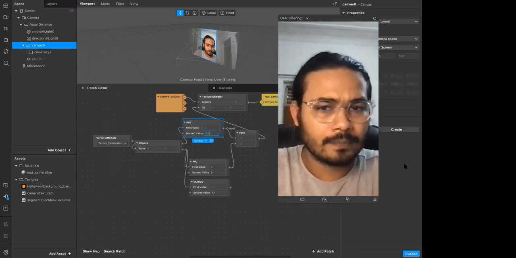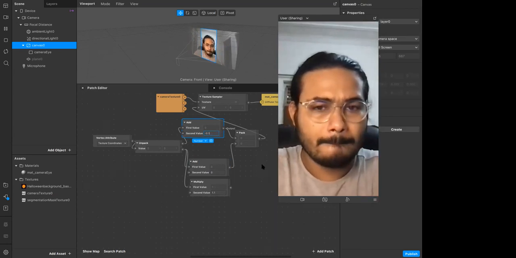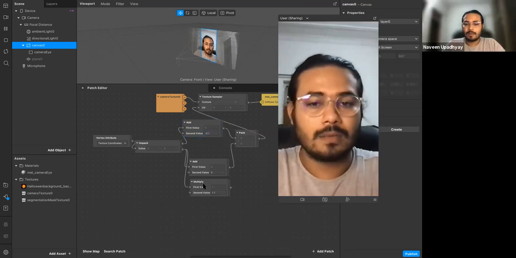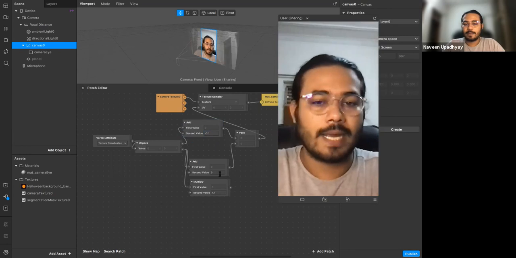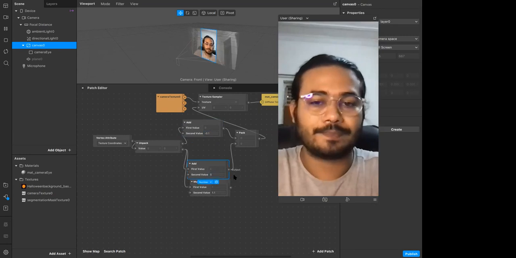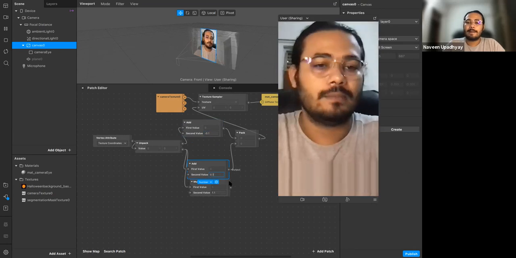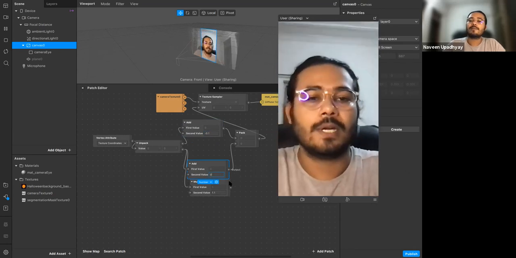Sorry to interrupt, but can you show that again, that y coordinate one? Sure. So What do you want to see? You want to see addition? You want to see multiplication? Yeah, both. All right. So if I change this value, this is basically what I want to do is that